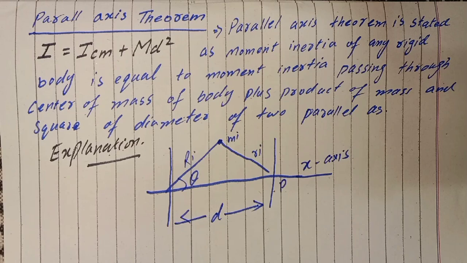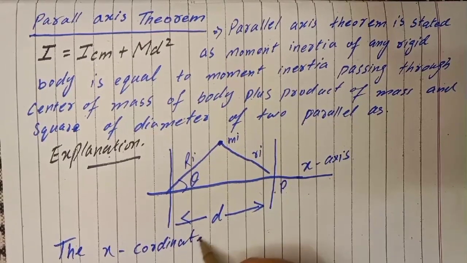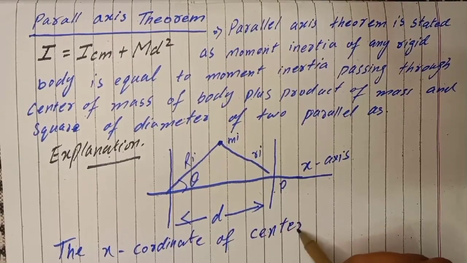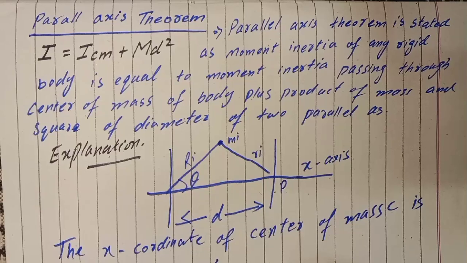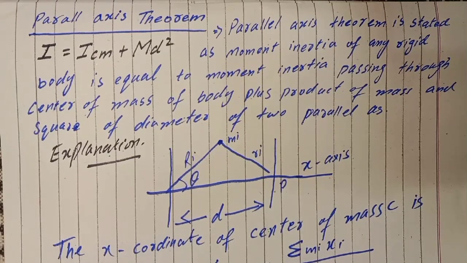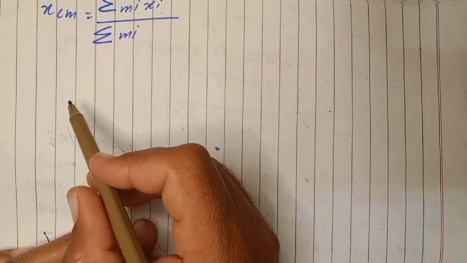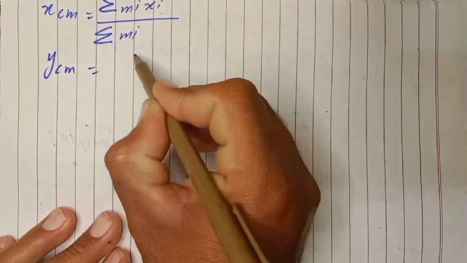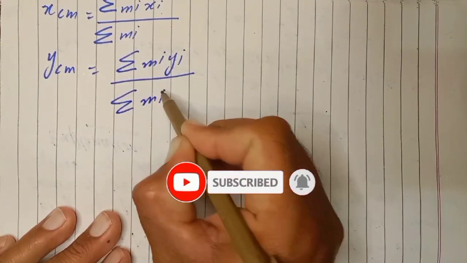The x coordinate of center of mass C is x_cm is equal to sigma m_i x_i over sigma m_i। इसी तरह the y coordinate of center of mass C is y_c is equal to sigma m_i y_i over sigma m_i। The moment of inertia